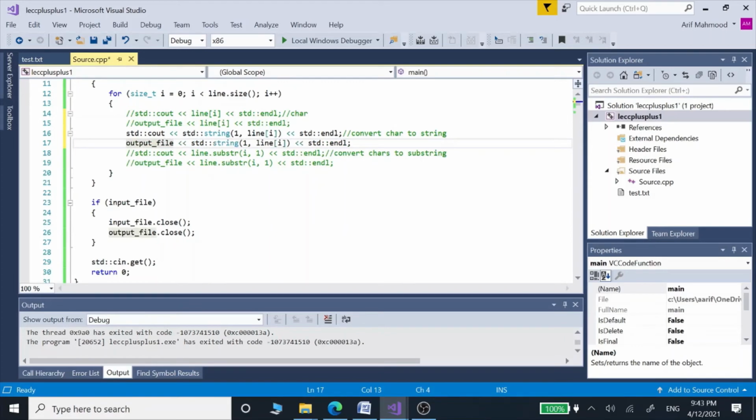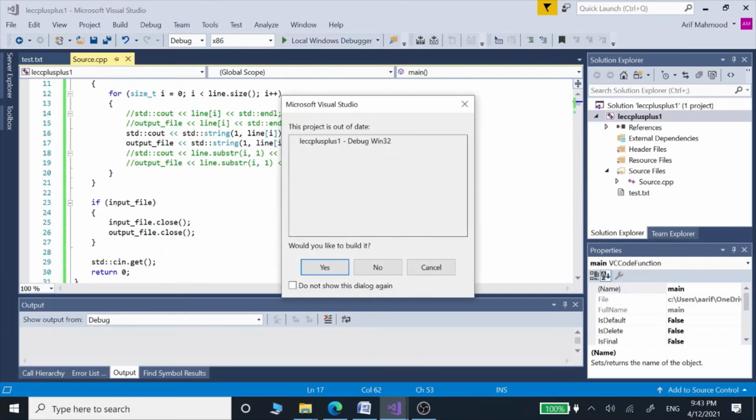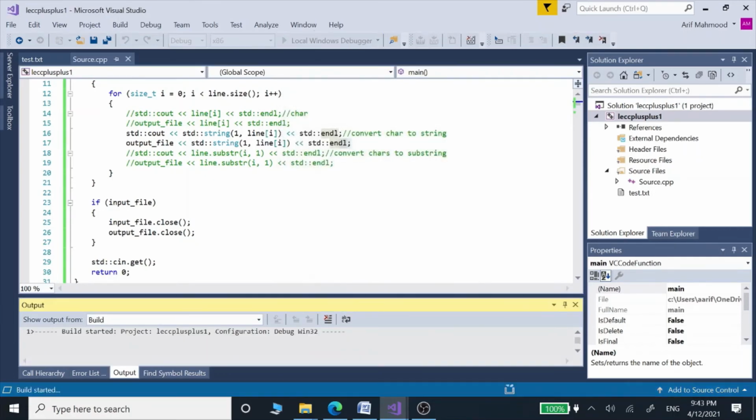Using this code line we are using the string function. We convert those one-letter or single-digit characters into strings using these two code lines. The first displays those on the console window, and the second stores those into an output file. So let's build and run this program.